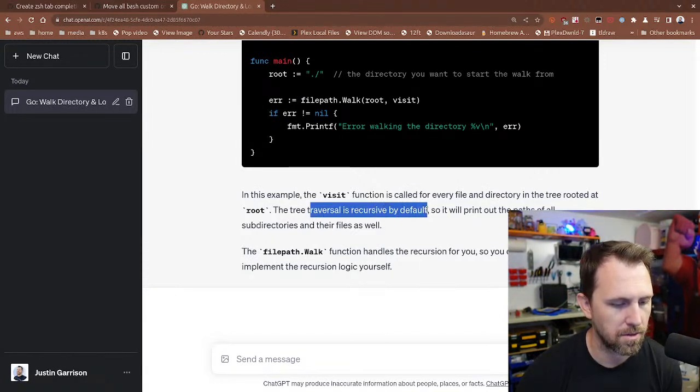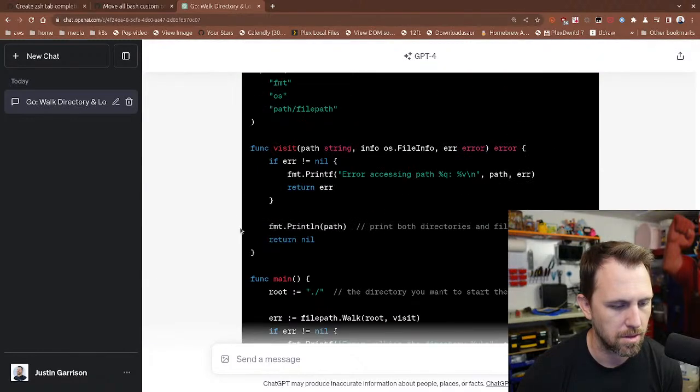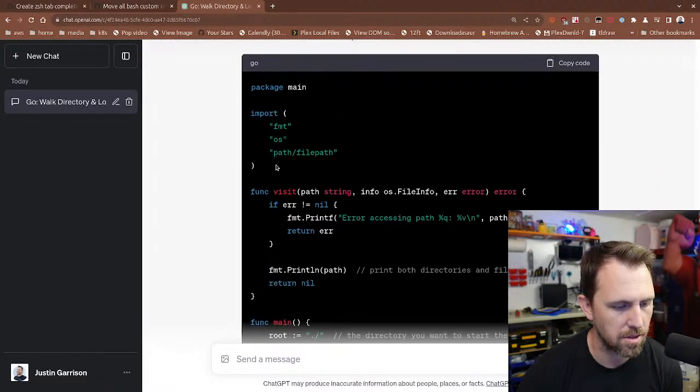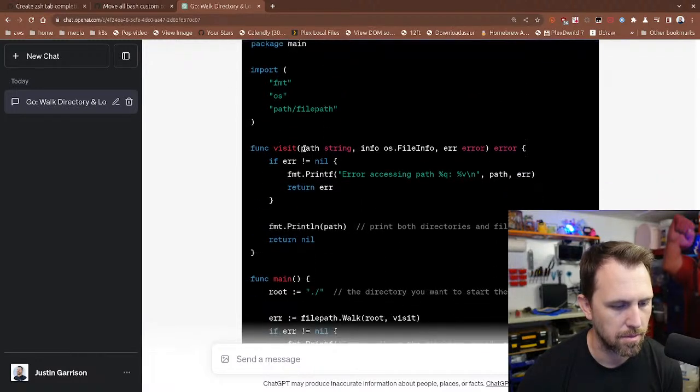Recursive by default. Oh. Visit. They made a visit function. Path. Directories and